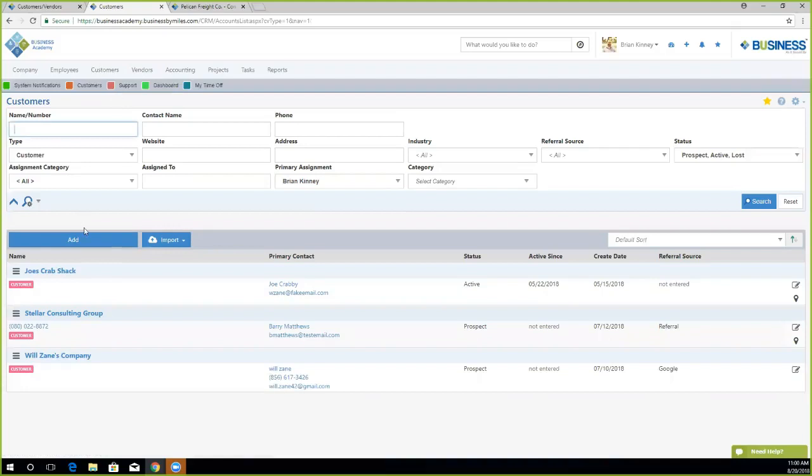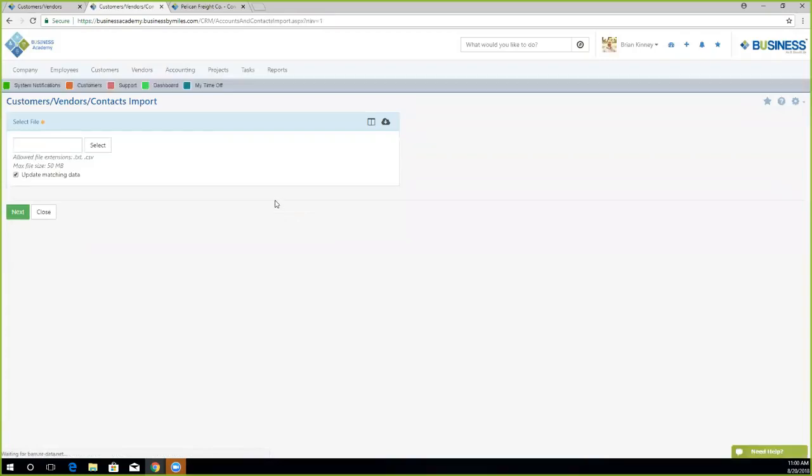And you'll note that right to the right of add is an import. And here we can import either customers and vendors or their locations. Each individual import has different information. But if I click on customers and vendors, this will allow us to import all of our customers and vendors from a previous system